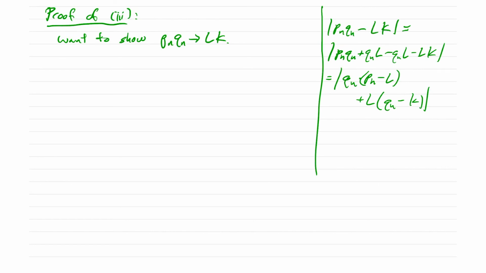And so then what I would do is split this off as |Qn| times |Pn minus L| plus |L| times |Qn minus K|. All right, so what are the quantities that we can make small? We can certainly make this small here, and we can certainly make this small here. We're going to have to use some other idea though, and this is a lemma that we can come back